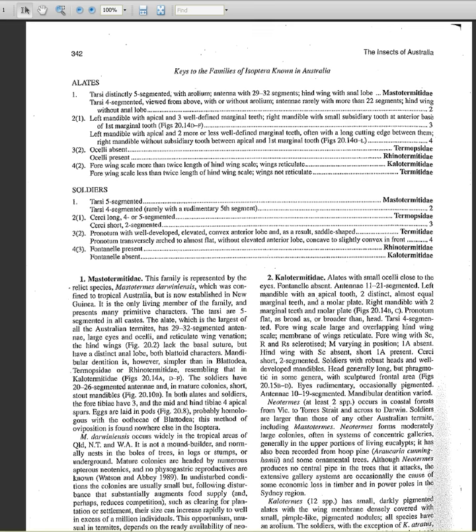Hello, in this video I'm going to show you how to create a nested library within an existing library. The one we're going to create this morning is for termite families, Isoptera. And here is a PDF that I've gathered from the Insects of Australia, keying out the various families of termites